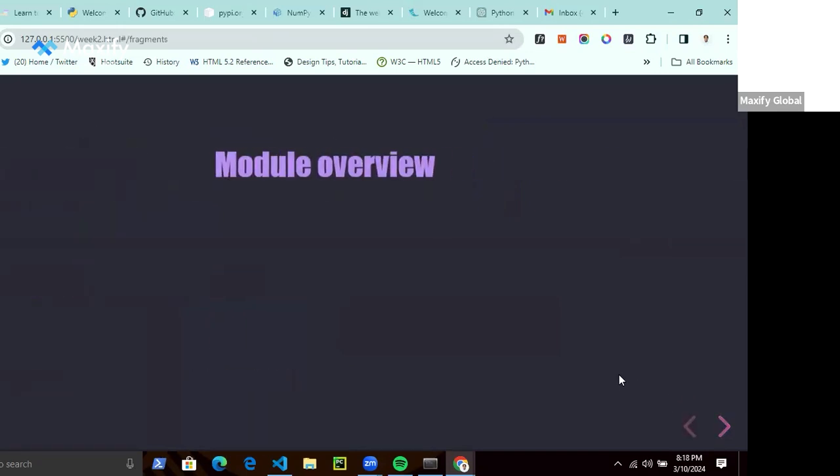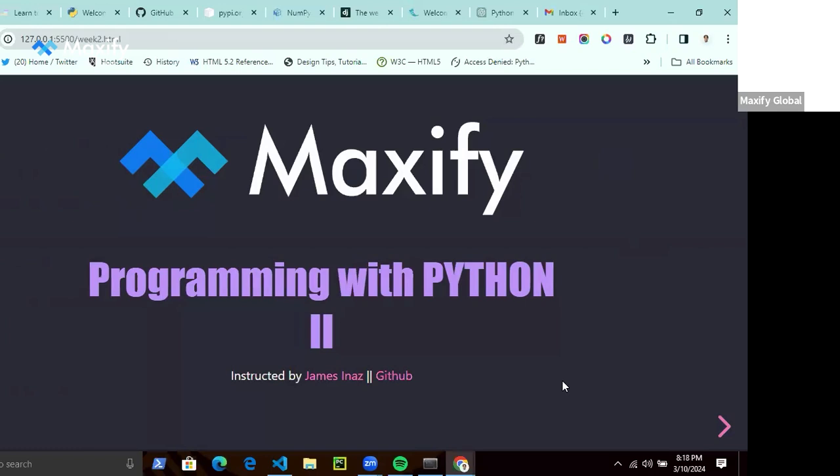Today we're going into Programming with Python Part 2. Last week, we discussed fundamentals of programming. We looked at functions, variables, what programs do. We looked at operators, data types, and then the core programming constructs. In the absence of any question, we're going to move on with today's class.